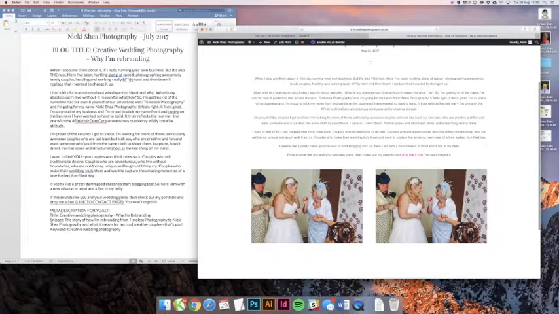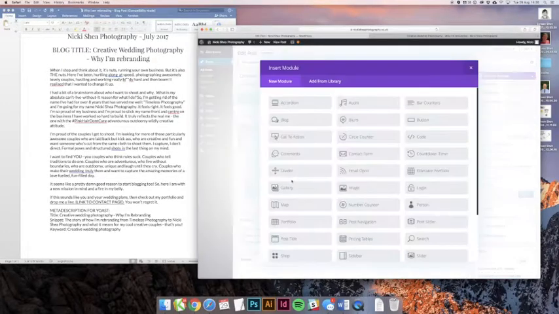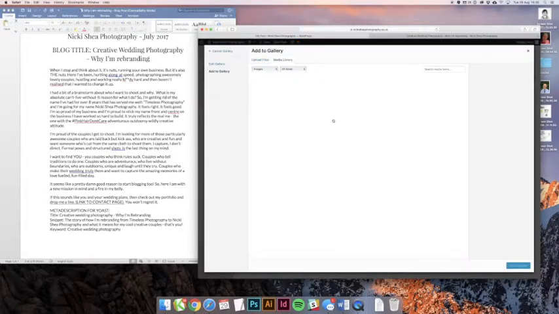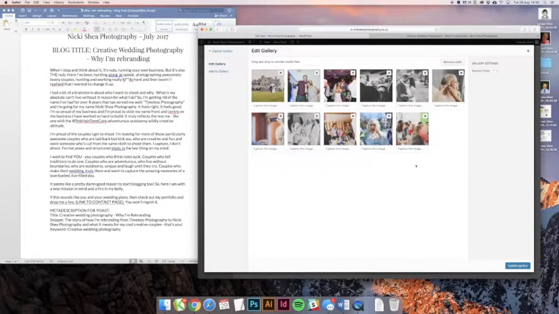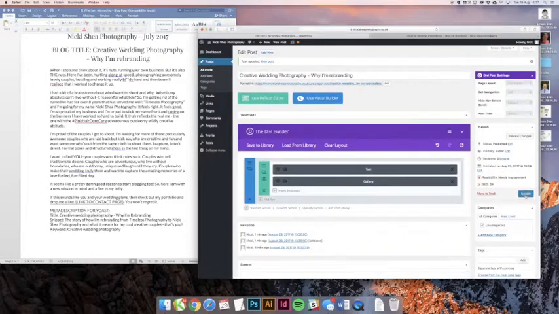Now there's other things you might want to do. If I just delete this altogether, we might want to add a gallery, so a whole bunch of images. You can play around with these settings, they're relatively straightforward, so he says. So you can add images, so I'm going to pick just those from there, a few at random. I'm going to set them to random order here, which, unless you've got a specific order, is good fun. I generally hide the title and caption, so we can save that. If we update that now and have a look,